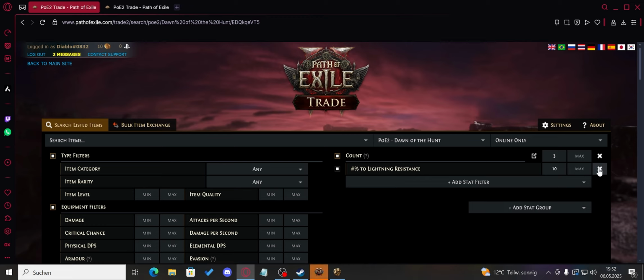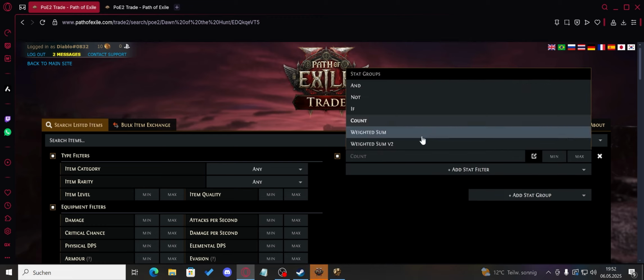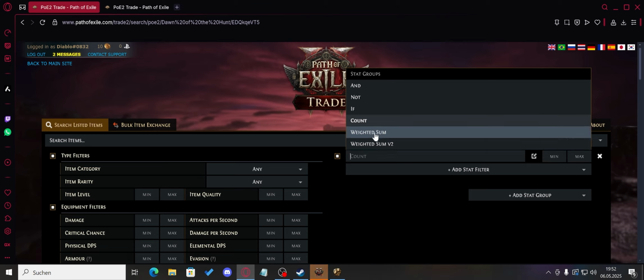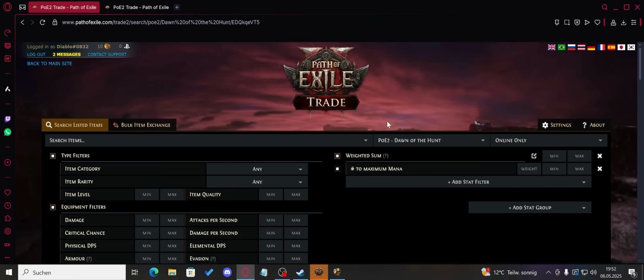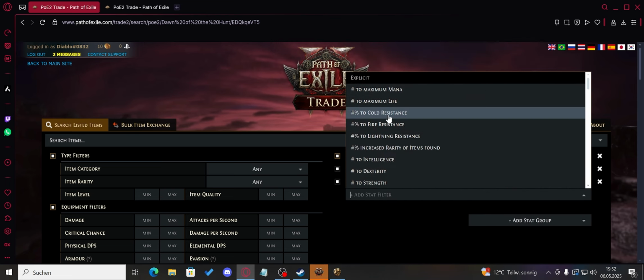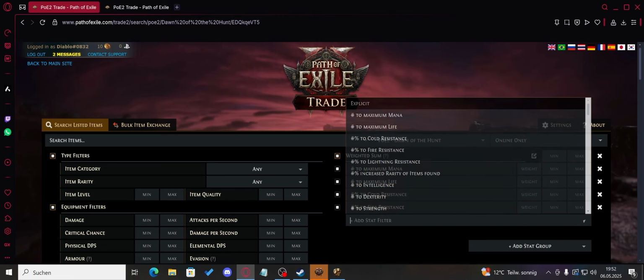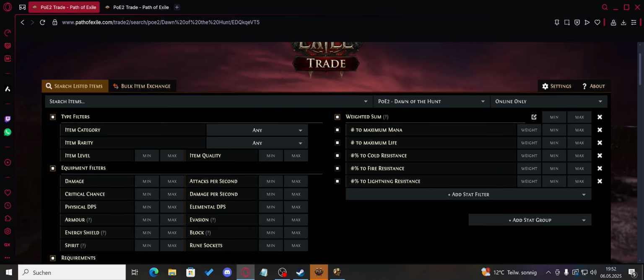Yeah, so that is sometimes useful, but the most useful is gonna be weighted sum. And the weighted sums, they are not really that different. I just recommend you to use the first weighted sum. I'm gonna explain to you why real quick. Because if you select, let's say, the first 5 modifiers here, and you put in, okay, so what this does, it